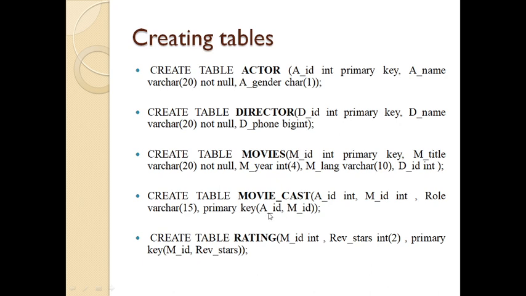If you have composite attributes in the primary key, you can specify the primary key constraint at the end of the attribute definitions. Similarly for rating, we'll take movie ID and review stars as the primary key.